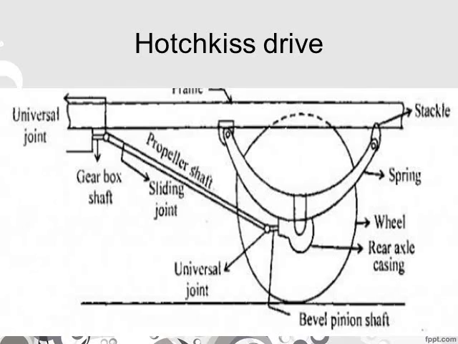The spring deflects as it experiences torque reaction, and the bevel pinion shaft changes its position. Under this condition, the axis of the bevel pinion shaft will not pass through the center of the front universal joint. Therefore, if there is no universal joint at the rear end, the propeller shaft will bend. To overcome this effect, two universal joints are used, one at the front end and another at the rear end.